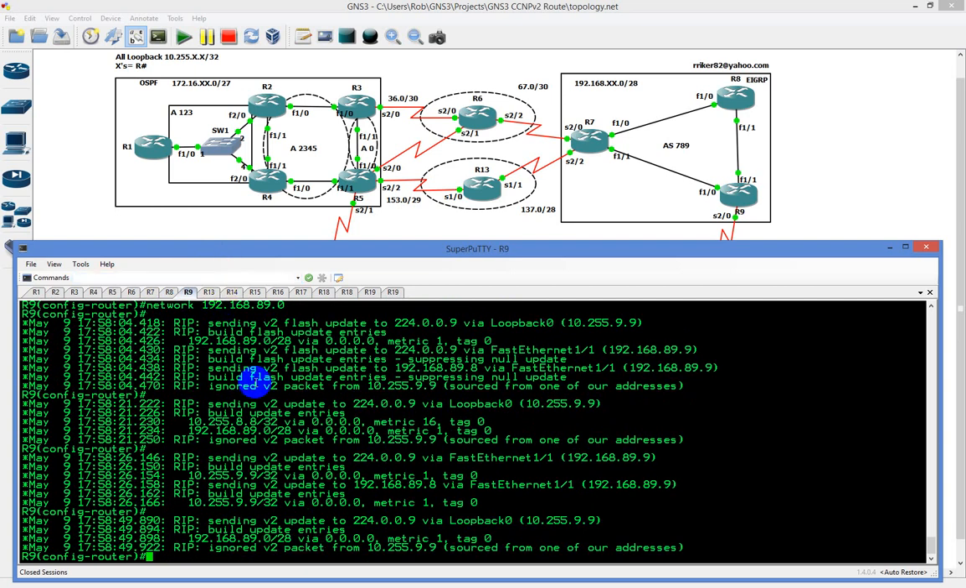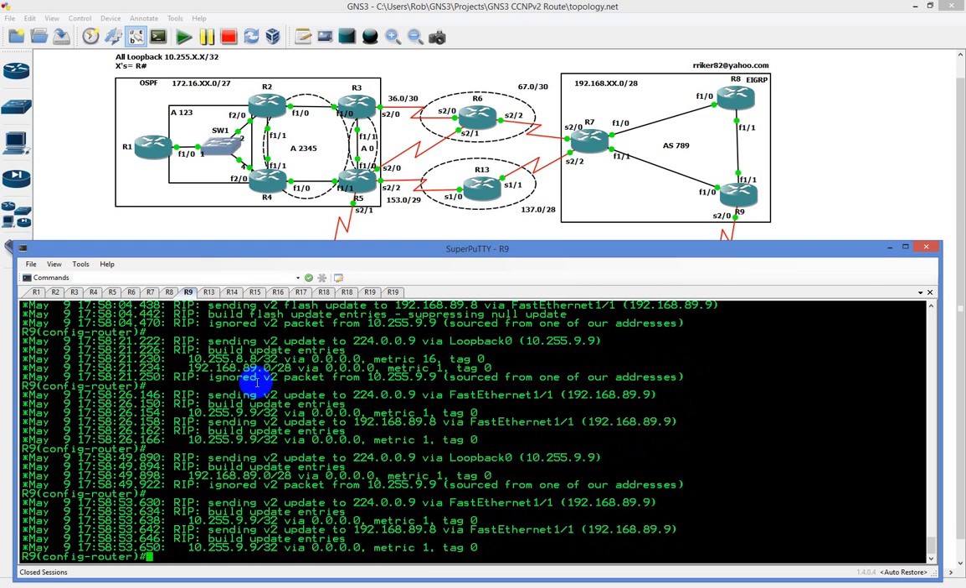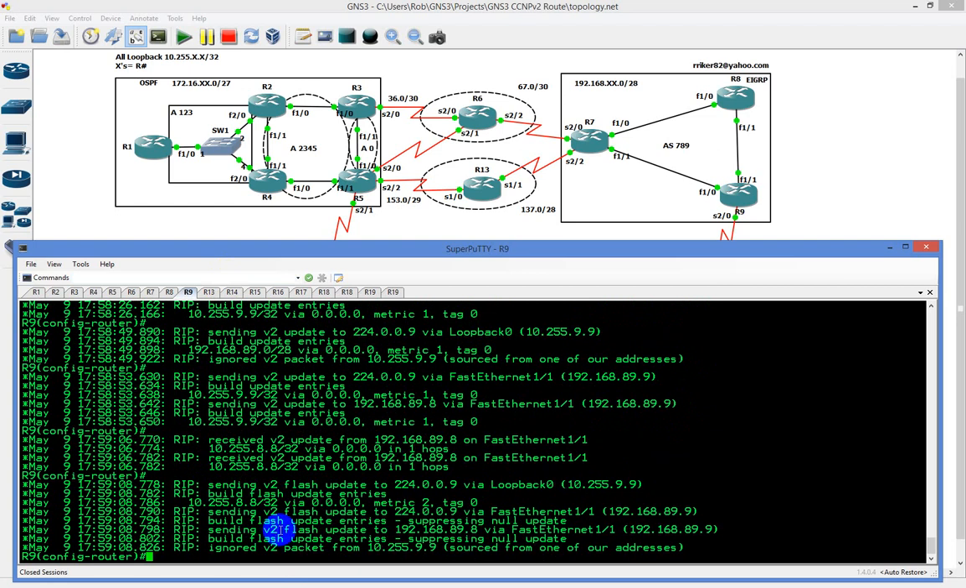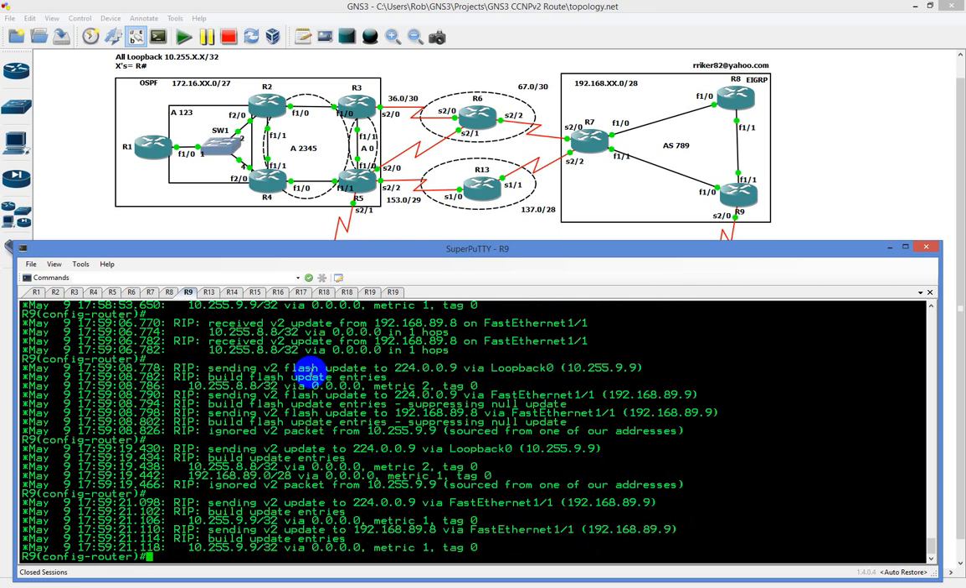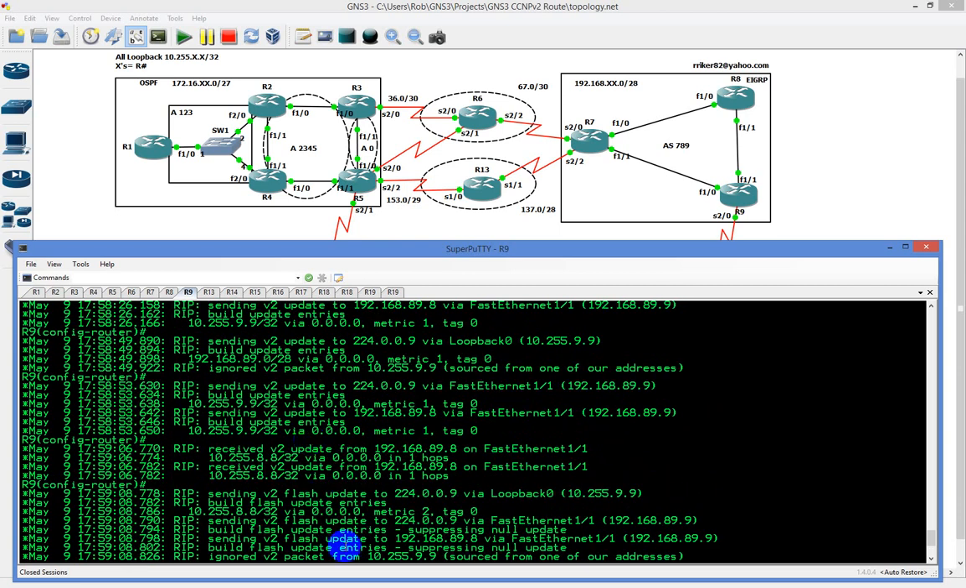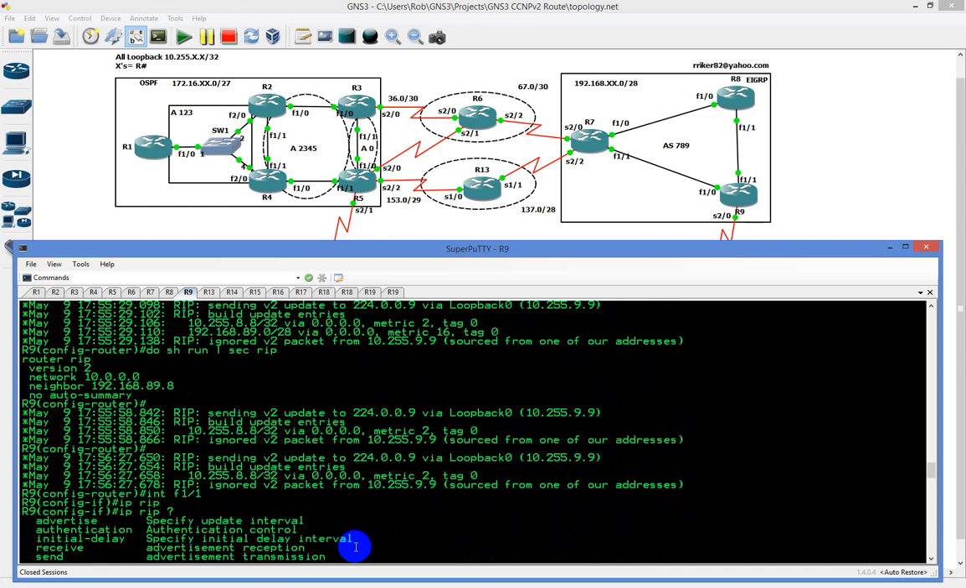And it's every 30 seconds it's going to happen. So, let's see. I'm seeing sending, but I'm not seeing any receiving. Let's see here. From 8. Receive. Okay, there it is. So receive version 2 update from this guy for this particular route. The flash update is still okay. So there's still updates sent to 224.0.0.9, but the updates are unicast, where before they were